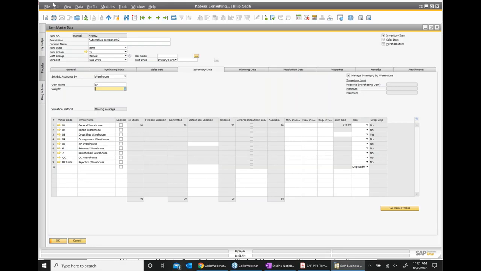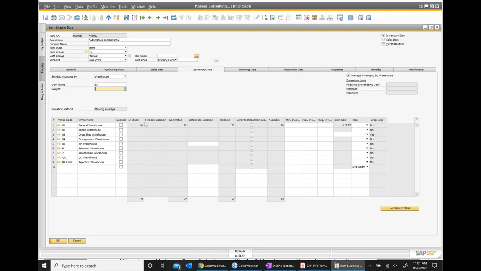Understanding those impacts is very, very important from the consultant perspective. Somebody says, oh, I know how to create a sales order. Yeah, creating a sales order is easy. Creating a delivery is easy. Creating a return is easy. Creating a return request is easy. But understanding the impact is important.